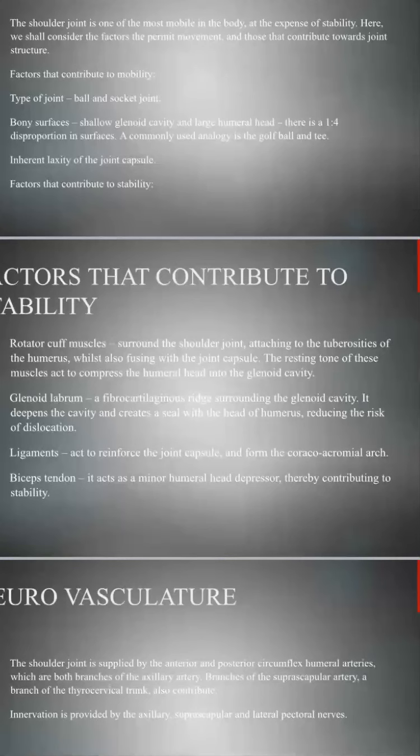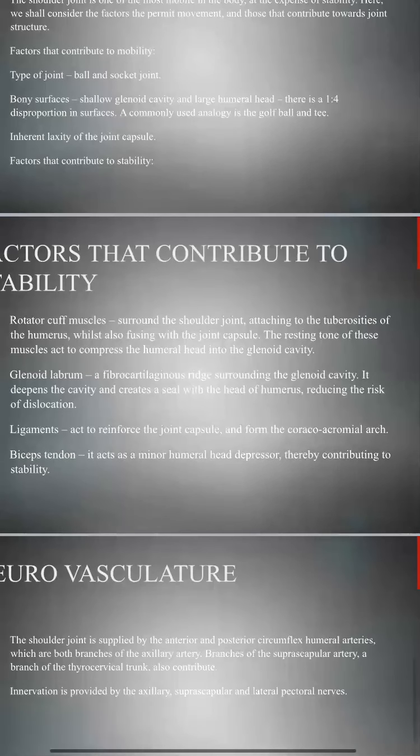So we already explained about around the circumference of the glenoid fossa, there is a cartilage structure. It is called the glenoid labrum. It is a fibrocartilage structure. So it will be helpful in the deepening of the cavity. So it makes the cavity more shallow or hollow, so that it will cover the head of the humerus.